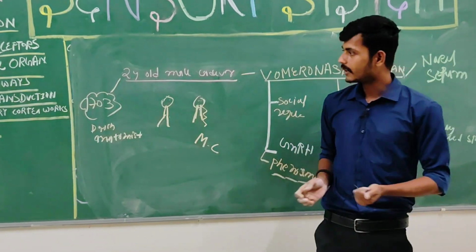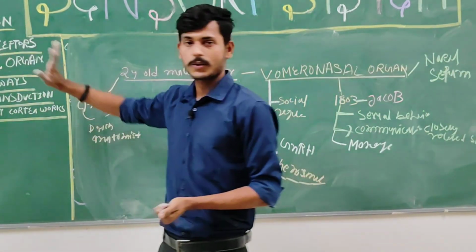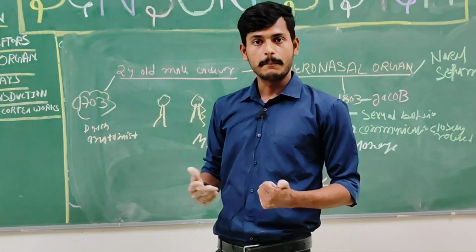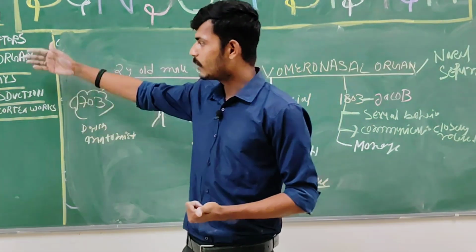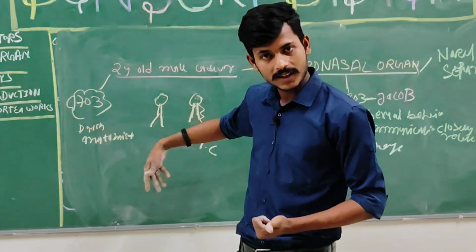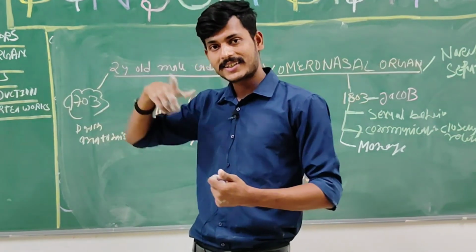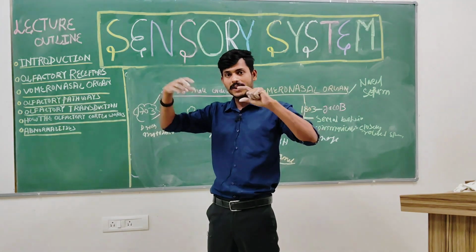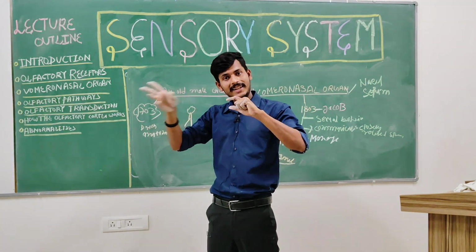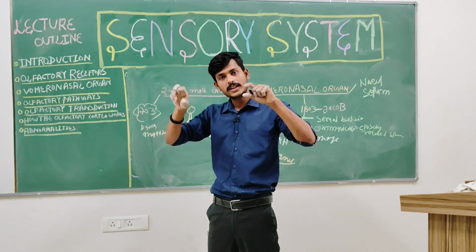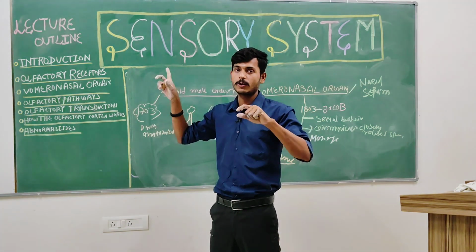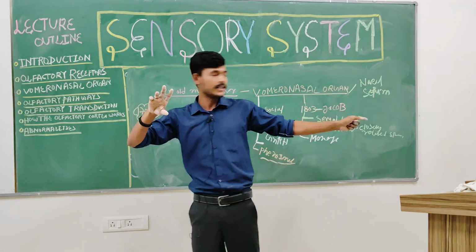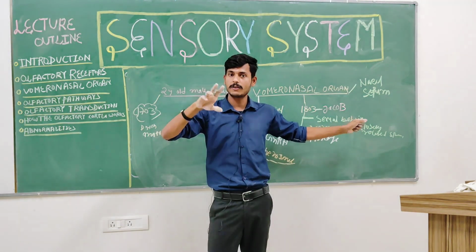Now let's move ahead. What we discussed right now, we are done with the introductory part. We did the olfactory receptors. They are basically made up of bipolar neurons, and one end is embedded into the nasal mucosa, and the other end pierces the cribriform plate of the ethmoid bone and goes to the olfactory bulb, where they make synapses with the mitral cells. Then they form the olfactory pathway, carried by the olfactory nerve, which goes to the olfactory cortex, present in the temporal region of the brain.